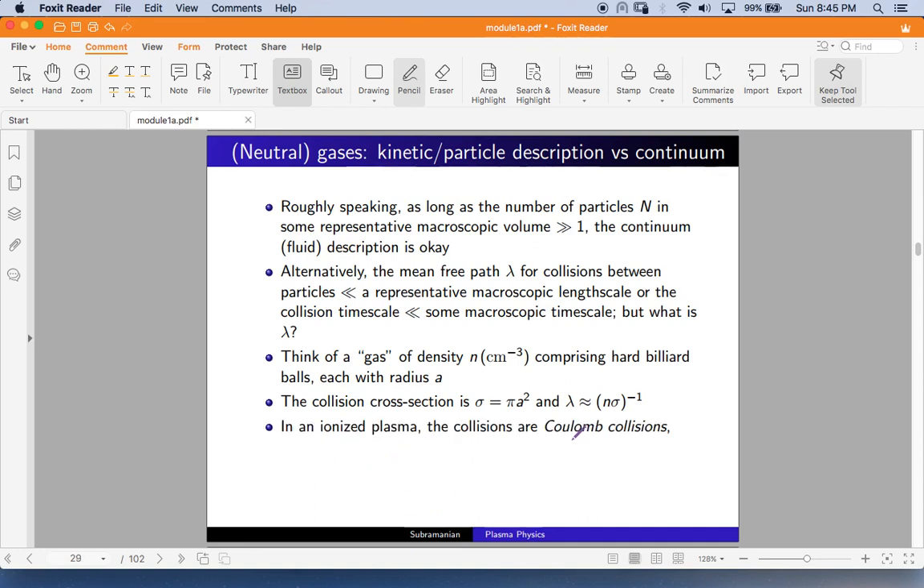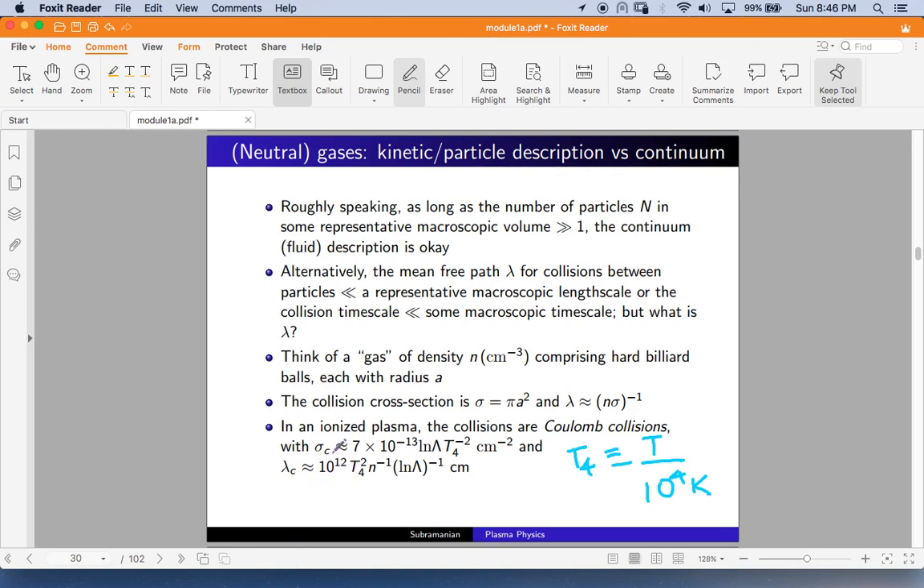Right. In an ionized plasma, the collisions, like I said earlier, are not hard sphere collisions, they are Coulomb collisions, which are slightly different in nature, with the collision cross section depending upon the temperature. T4 is simply the temperature in units of 10 raised to 4 Kelvin. Why such a high temperature? Well, this is in the context of astrophysical plasmas, and it's not unusual to find such temperatures,